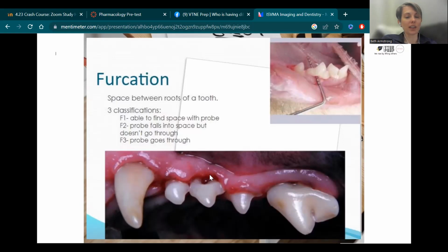But your doctor's going to say, let's get a radiograph of that tooth and see if it's really stuck in there. They might say to the owner, we can get them to come back. Let's really clean up that tooth and try to save it as much as we can. Same thing with this tooth here. Obviously this isn't a cat, but